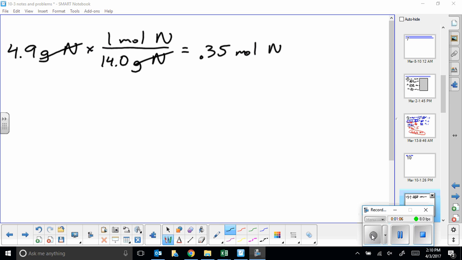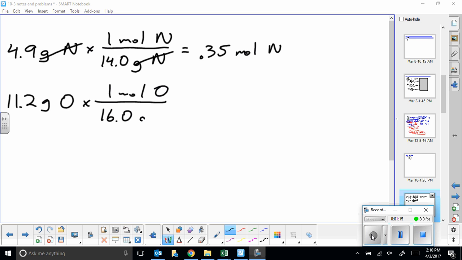And then we have 11.2 grams of oxygen. We take that times 1 mole of oxygen is 16.0 grams of oxygen. Our grams cancel. So we have 11.2 divided by 16, and we get 0.70 moles of oxygen. Now remember, to get the molecular formula, the first thing we do is calculate the empirical